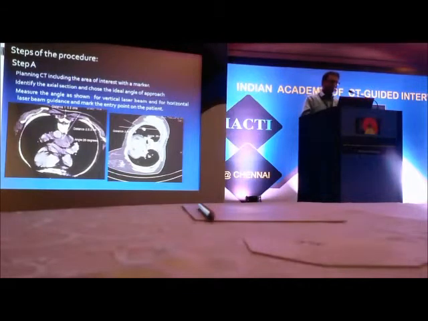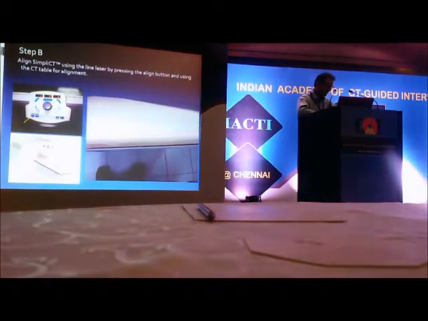So how do we do this? You initially do the axial sections. You plan and see if the patient needs to be put prone, supine, lateral. And once you do the planning CT, you plan your trajectory and then you get the angle. So if you're going in vertically, you get the angle from the vertical, and if you're going in horizontally, you get the angle from the horizontal. The images on the left and the right, and you need to feed this into the laser guide.